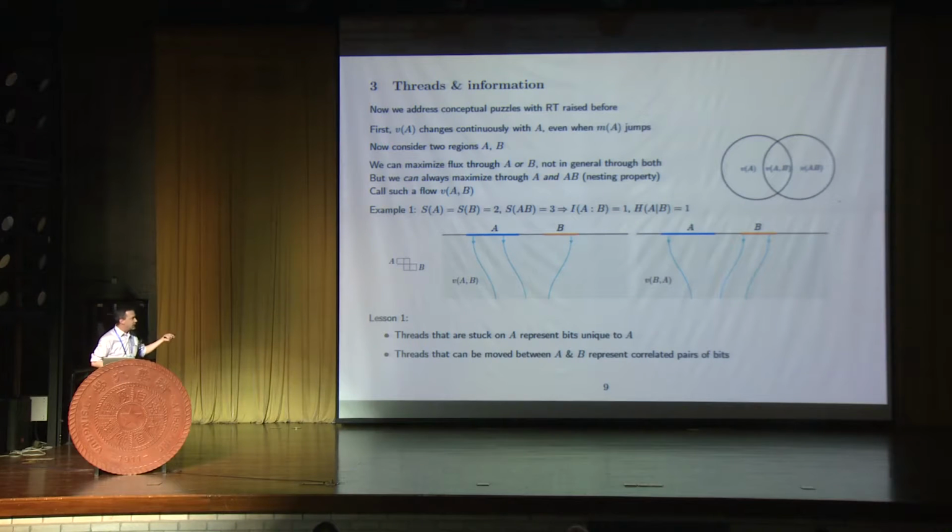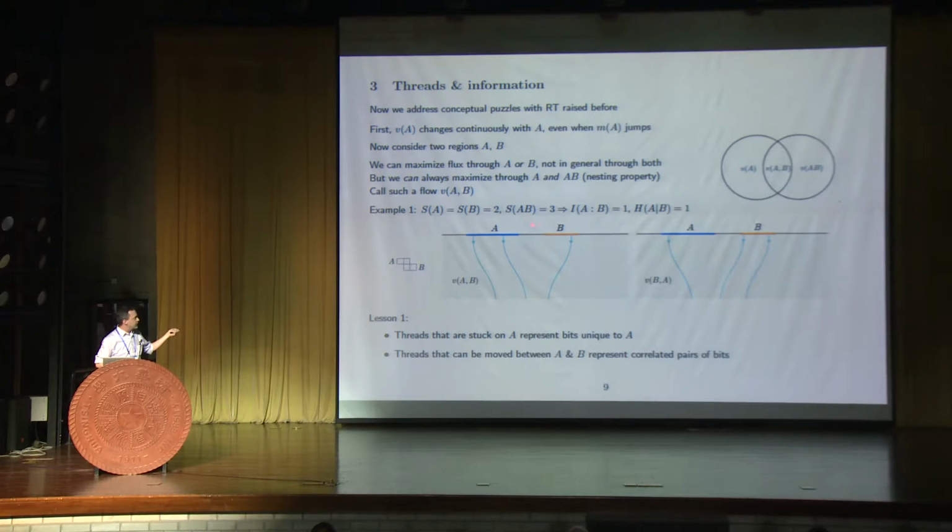Okay, so let's just do a simple toy example. Let's imagine that the entropies of A and B were 2, but AB was 3. So we have 1 unit of mutual information and 1 unit of conditional entropy. And my little diagram would be like this, where I have 1 bit which belongs to A, 1 bit that's shared, and 1 bit that belongs to B in this toy example. So what do my thread configurations look like? Well, I have 2 threads coming out of A. If I first maximize on A, I can have at most 2, and then I can have at most 1 coming out of B because the total can't be more than 3. Or I can first maximize on B, and then I have 2 and 1. Okay, and so it's pretty obvious what's going on here.